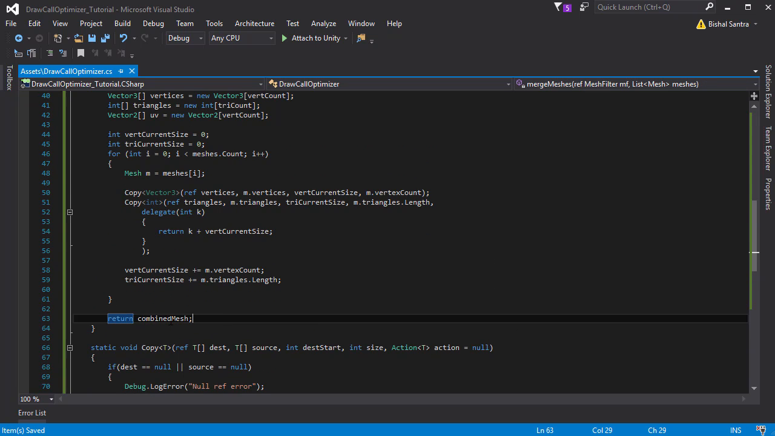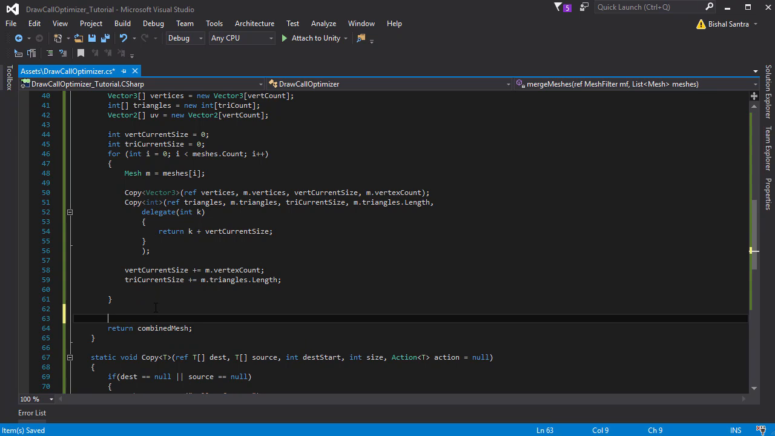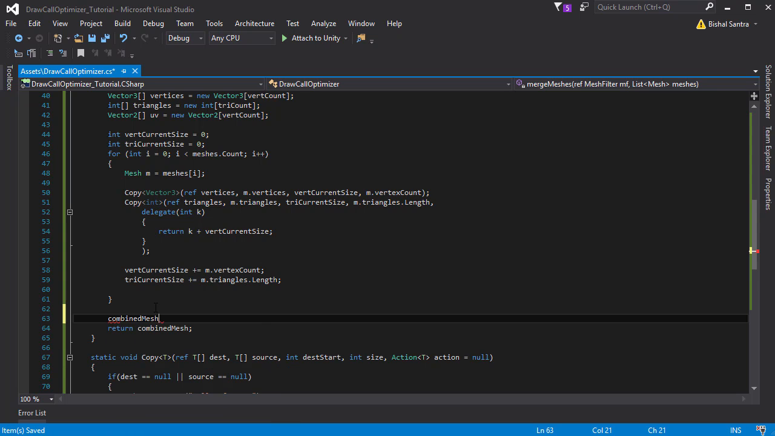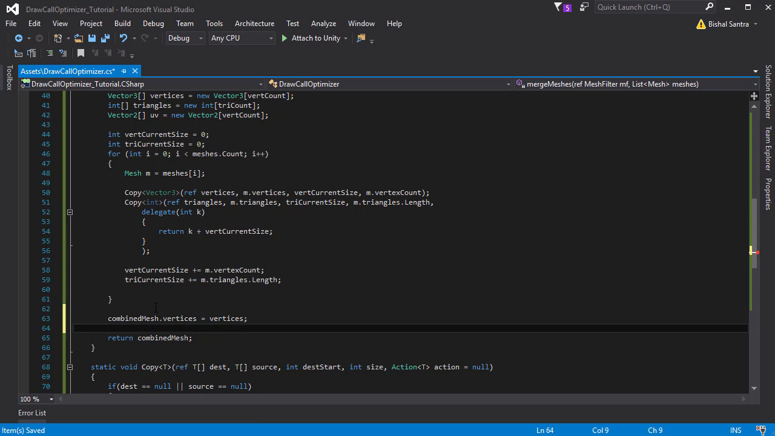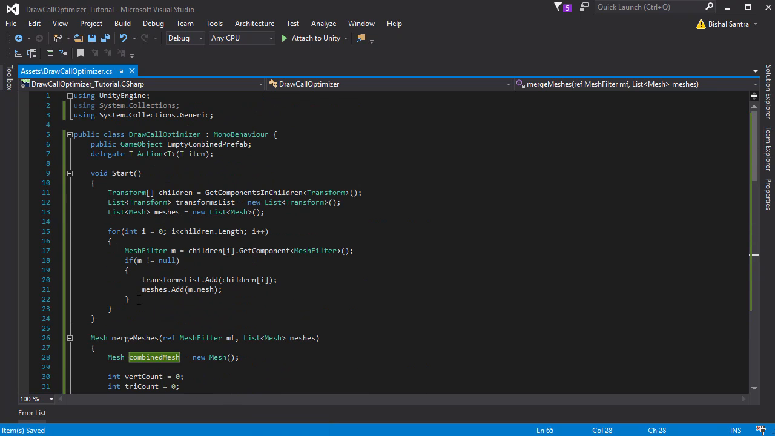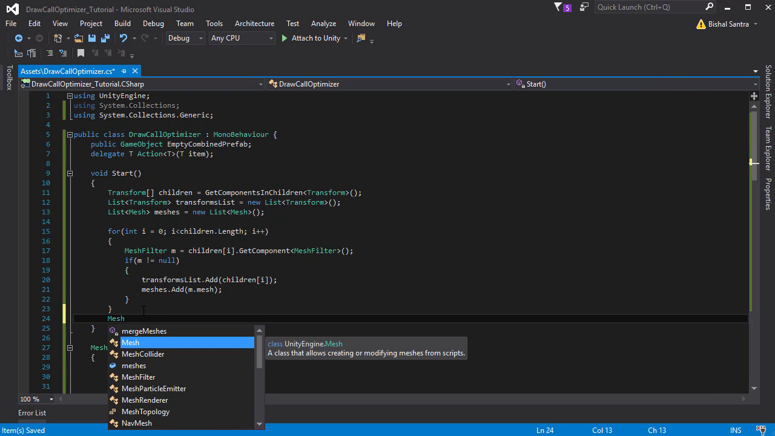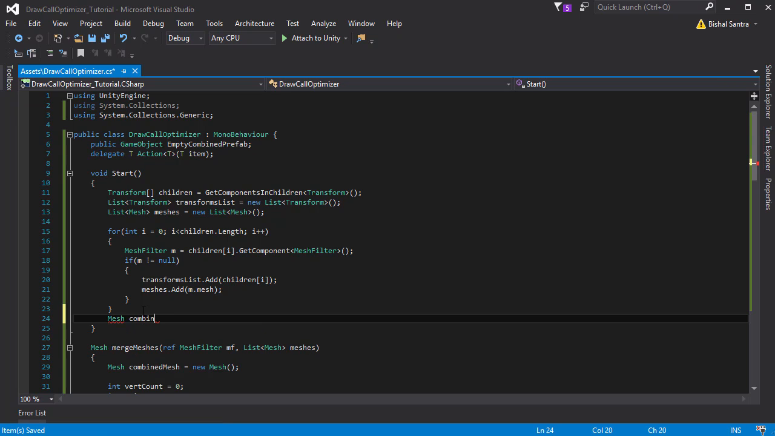So let's assign the mesh that we created to combined mesh. We do that by saying combined mesh dot vertices equal to the local vertices array, then combined mesh dot triangles equal to the triangles array that we created, and then we return combined mesh. Now once we have got the combined mesh here, let's call the function. So mesh combined mesh equal to merge meshes, and this would be